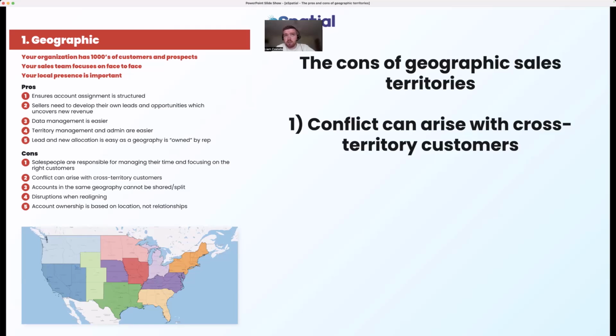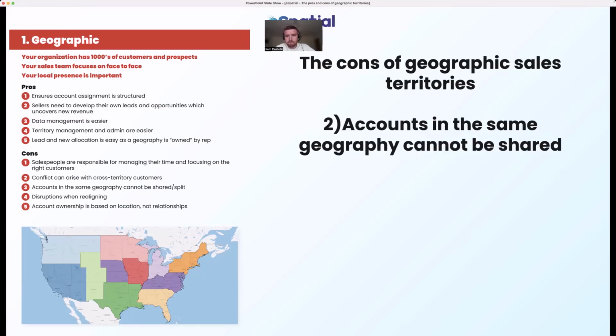It could also be that I have a customer I'm serving, and they have a warehouse or a different office a short distance away, and I think, okay, this could be a potential new customer for me, but it's in a different territory. Yeah, or you're dealing with a customer for years and they open up a new operation in a different geographical territory, and that can cause a lot of internal pain.